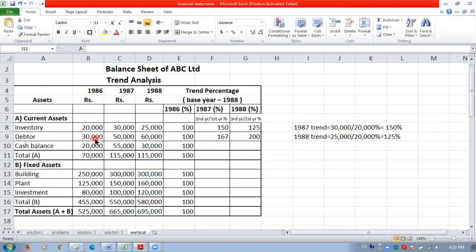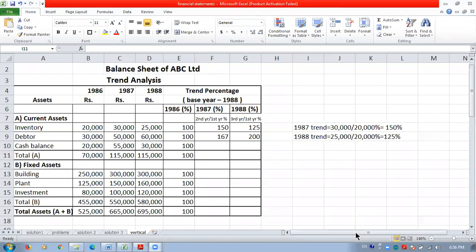50,000 divided by 30,000 percentage. Calculate. And all the time keep the calci with you. Whenever the accounts or management account lecture is there, it is very important to keep the calci. And also the notebook. Be prepared with your notebook, pen, pencil, scale, and calci. Most important. So keep practice on calci.